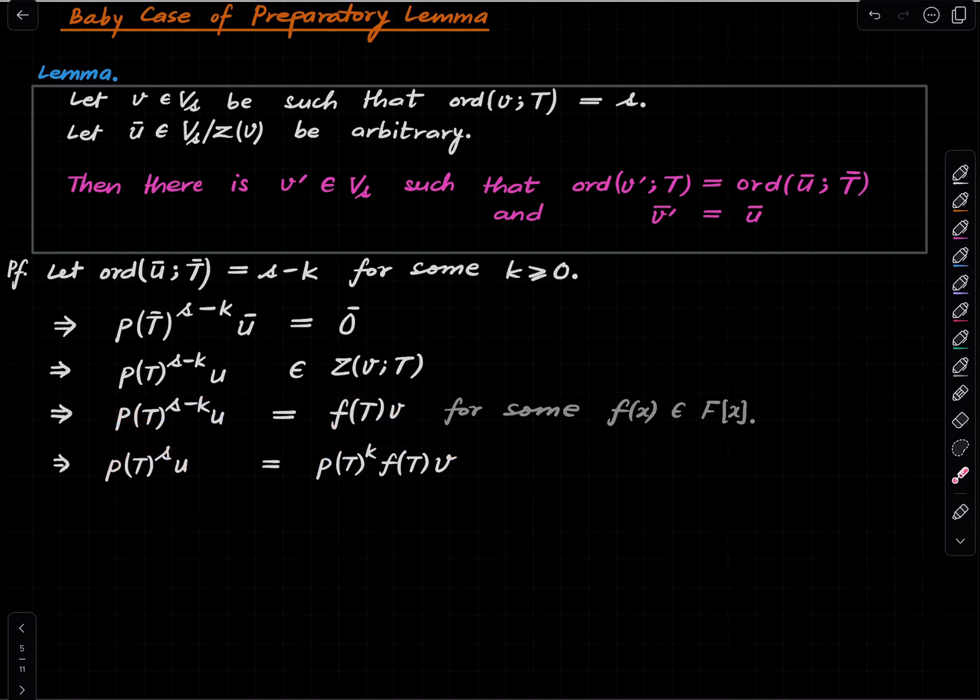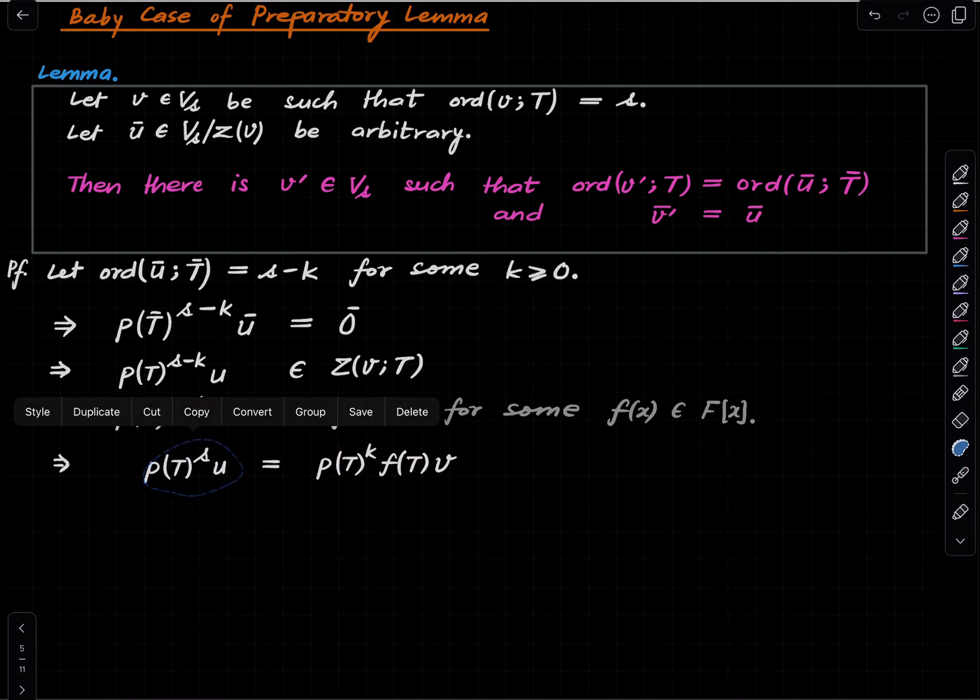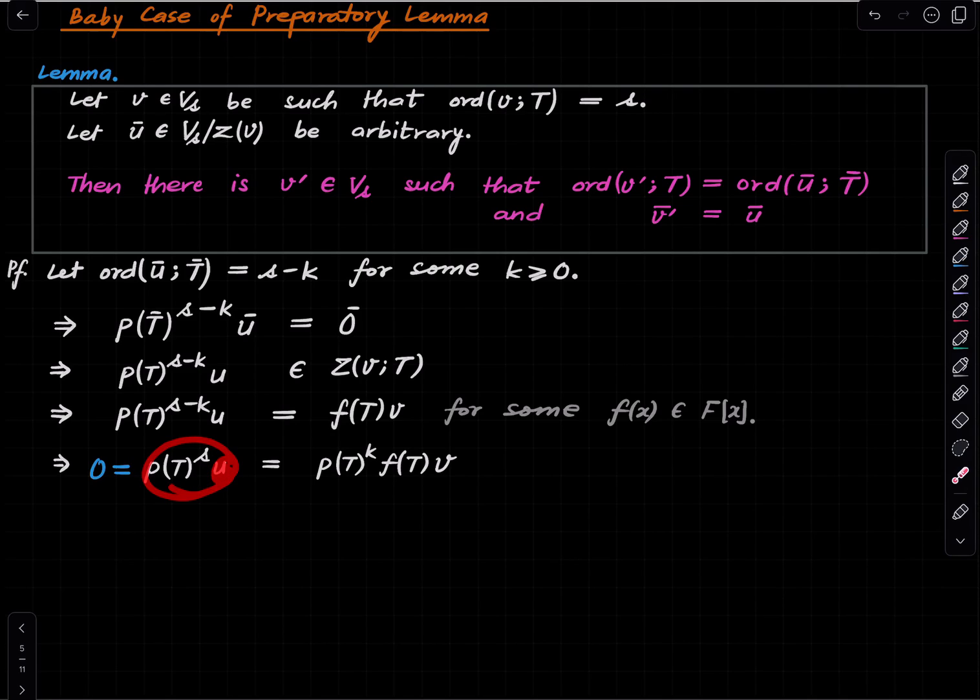Okay, but this thing is 0. This thing is 0 simply because u is, after all, living here. So s is the saturation exponent, and hence this has to be 0. Okay, so this guy is 0. And now by what we left sort of as an exercise when we were discussing the notion of order, this implies that p(T) to the s minus k,